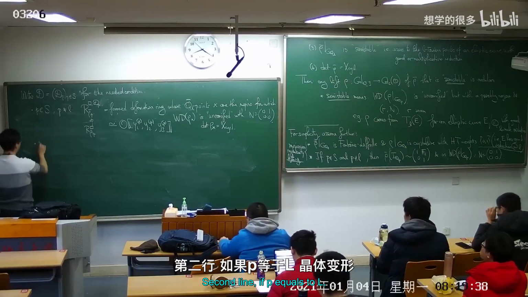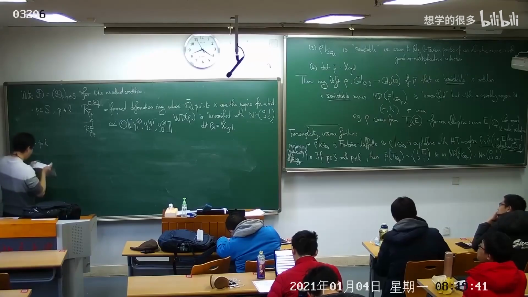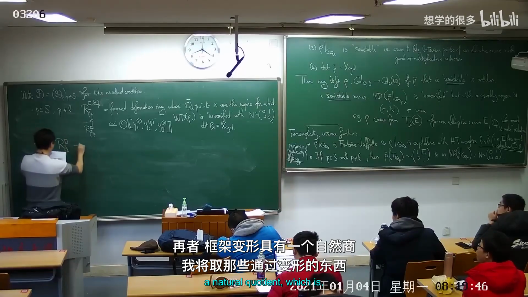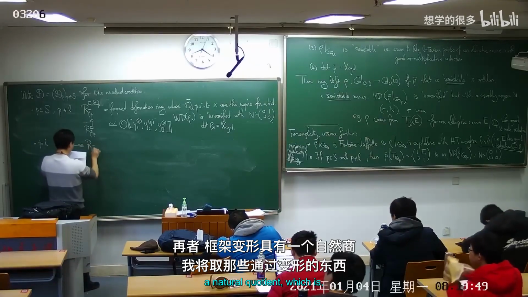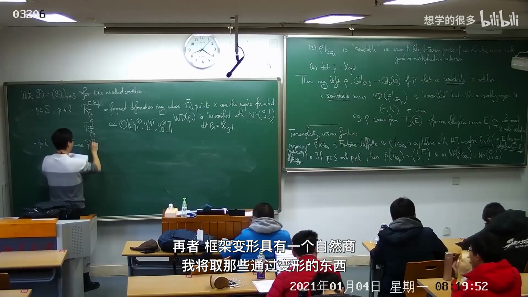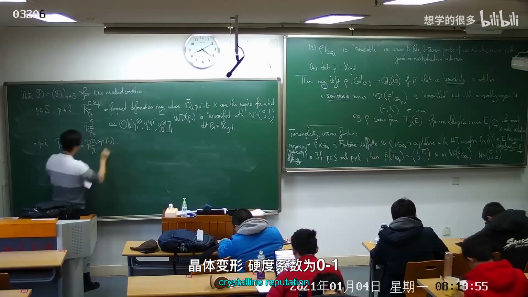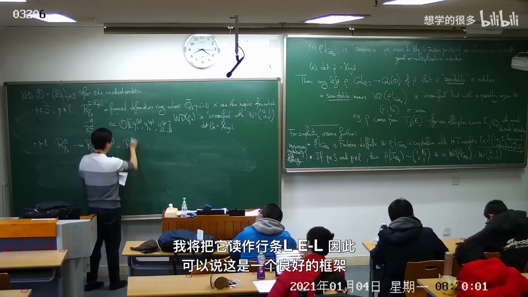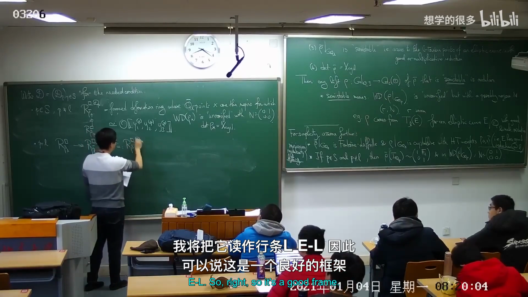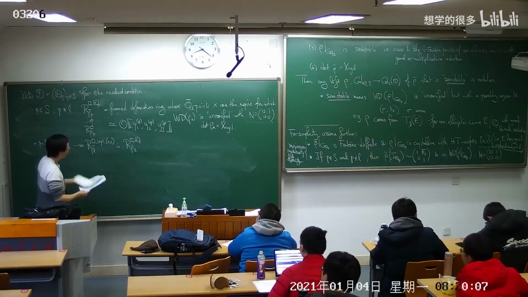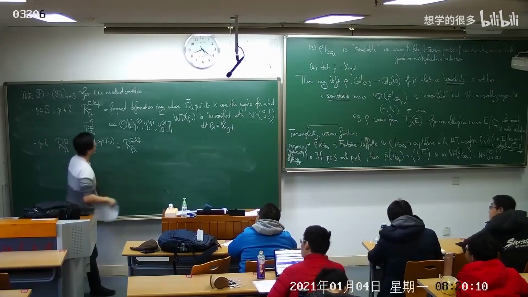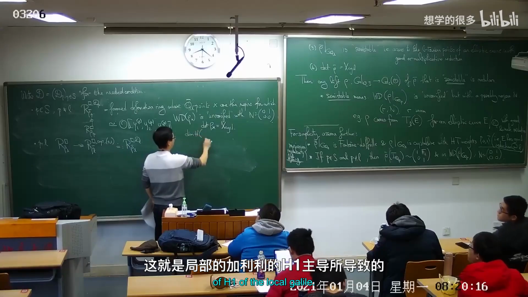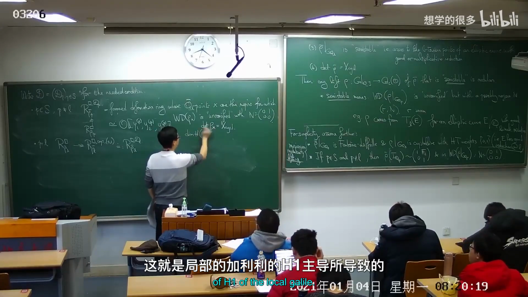Secondly, if p equals l, crystalline deformation. Again, the framed deformation has a natural quotient, which is, I take those which deform to a crystalline representation with Hodge-Tate weights 0, 1. I'm going to write that as rho bar, frame, DL. I should have just removed the frame. So by our dimension count, maybe I should say Y3. That's because the dimension of H1 of the local Galois